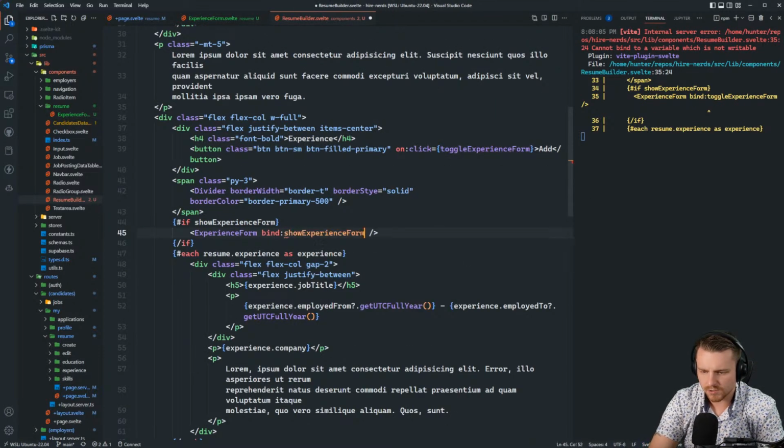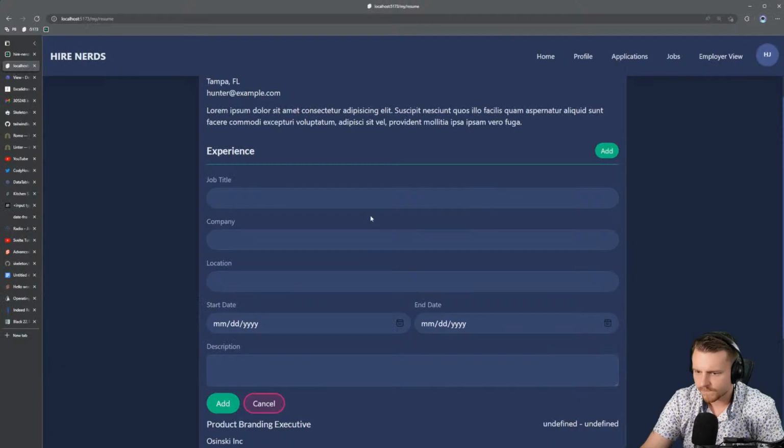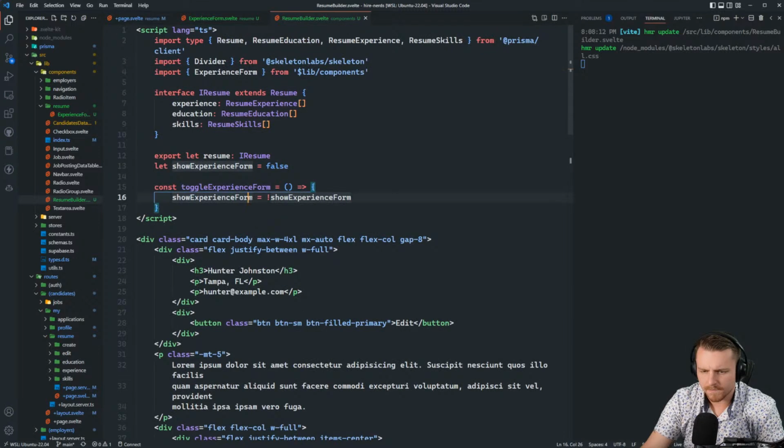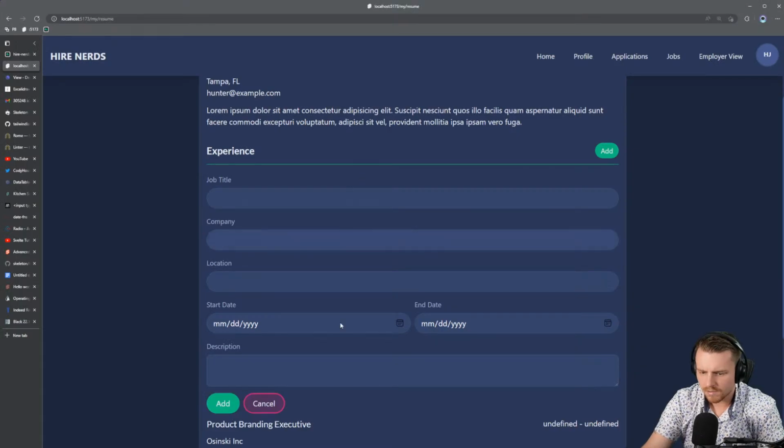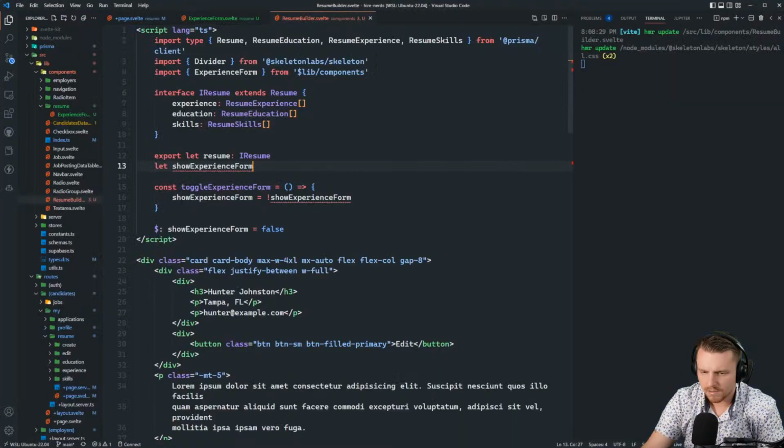And I can just bind show experience form. Do I need to make this? Oh, I guess I wouldn't pass that. I think I would just have to,